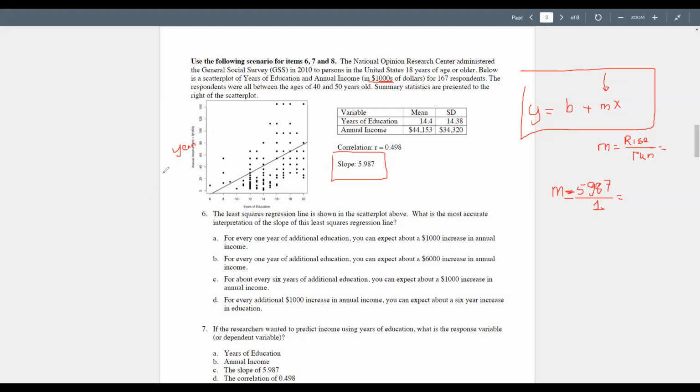Okay, no. This is annual income. I'm seeing double here. Annual income. And then this is number of years of education. So it means that for every